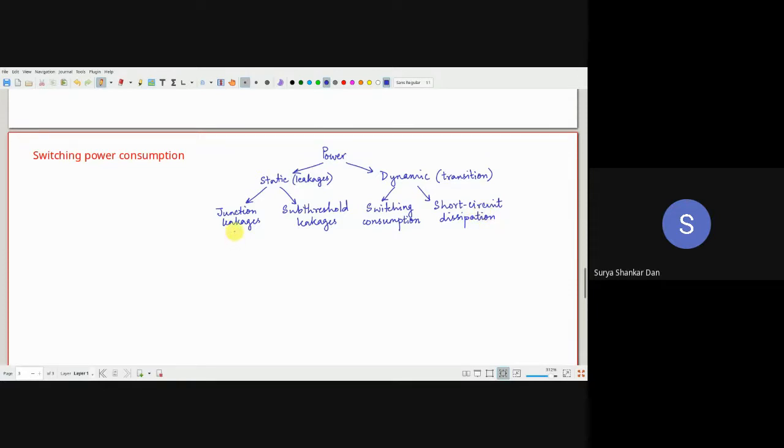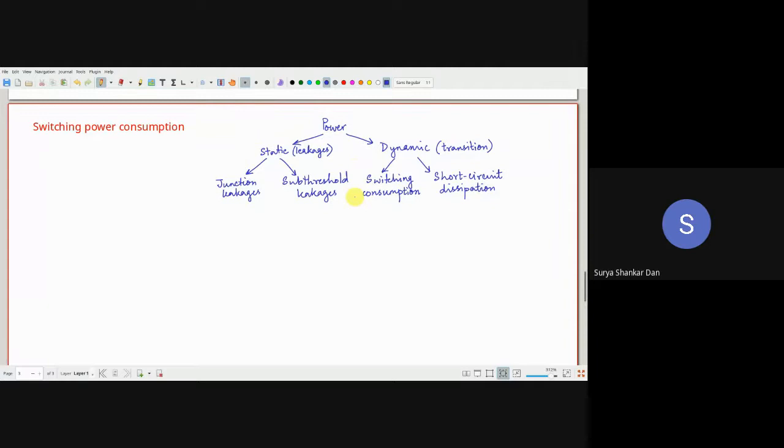Okay. So the switching power consumption, or switching power dissipation as people also say, but anyway, always remember that even though it is power dissipation, it is something which you actually require. Okay, this is necessary for the switching of the output node, obviously. Okay? So this is the basic breakup. Okay, so now we will look into the switching power consumption first.